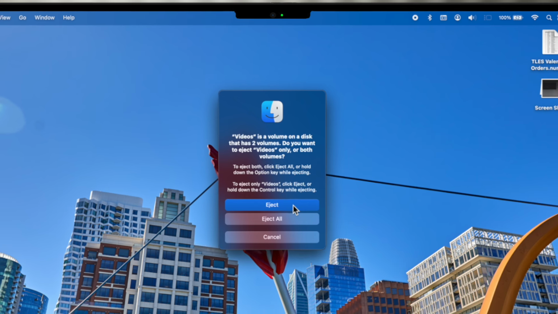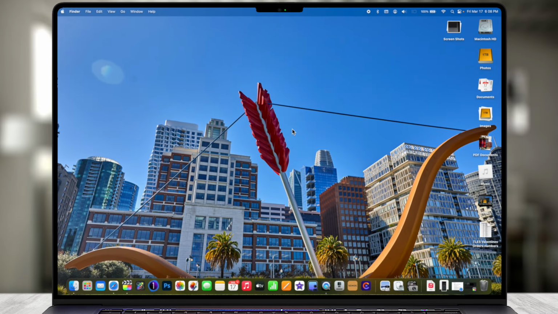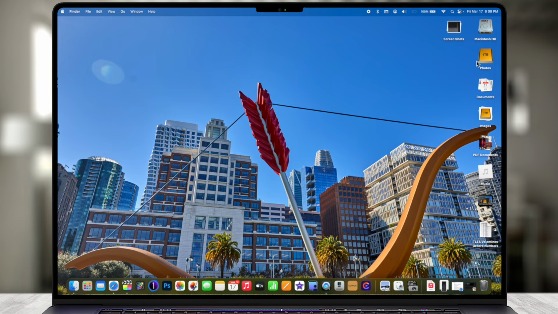If I just chose eject, it's only going to eject the video but leave the photos. I still don't want to unplug this because it's still connected to the photos volume. So if I right click on the photos one and choose eject, it will just eject that one because it's the last remaining volume. Now I can safely remove my external hard drive without the concern of corrupting the files or anything like that.